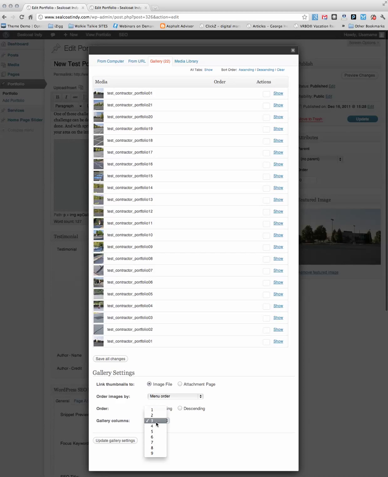You can also change the number of columns that you have of your thumbnails, which will change the size of your thumbnails. So you can play around with that stuff too and see what you get. Once you're done, you want to update the gallery settings. Click that. Now you can also go into each of these